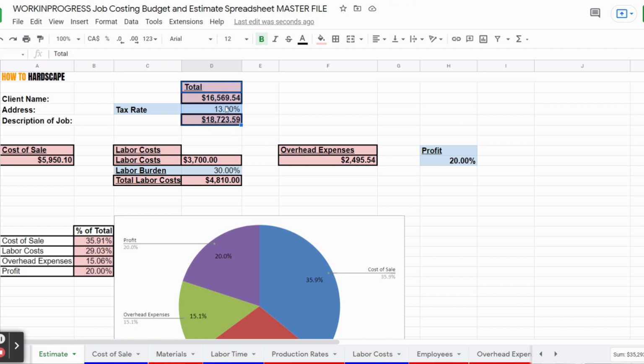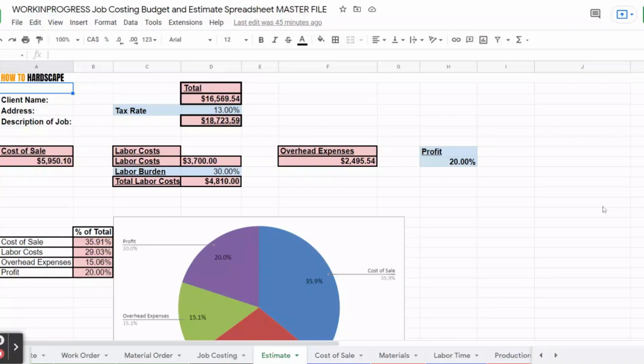We can then have a very thorough quote that we know in our business we're making back the money we need to, we're making the money that we want to, and we can ship that off to our client for approval. Now what this does is it allows you to create accurate estimates that you can send out to your clients and ensure that you are making back the costs that you want in your business to grow a profitable business. It also creates a system for your business to be able to hand this estimating process off to anybody in your business, and you'll come around the same number.